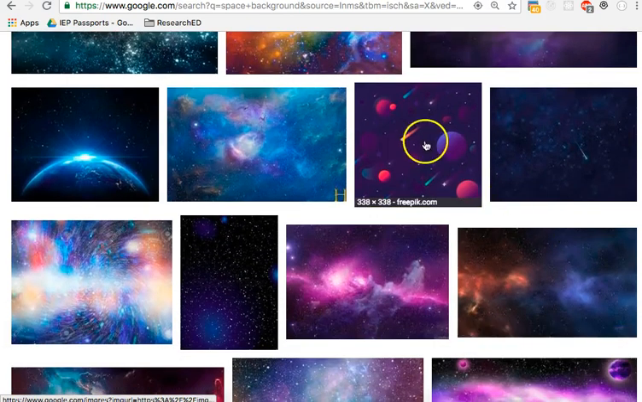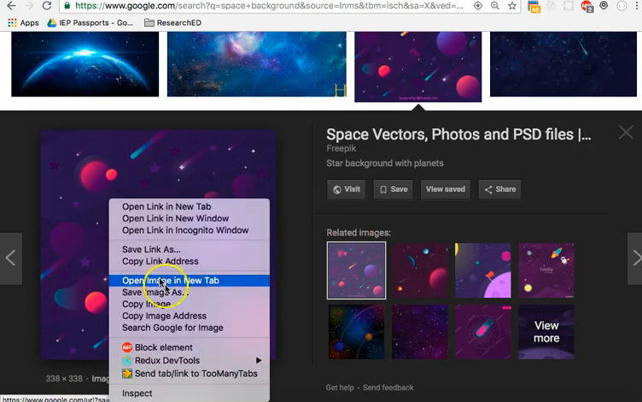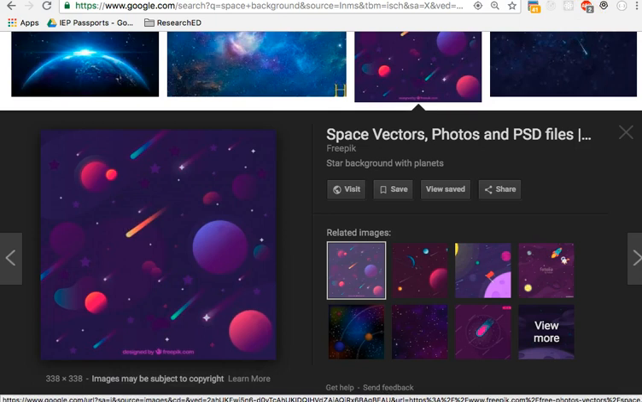I'm going to go with, ooh, I like this one. I'm going with this free pick one right here. The one thing you want to check is that you probably want it to be pretty big. 338 by 338 is not very big. So what happens if I choose this one, for instance, and I click Open Image in New Tab and grab that link right there,